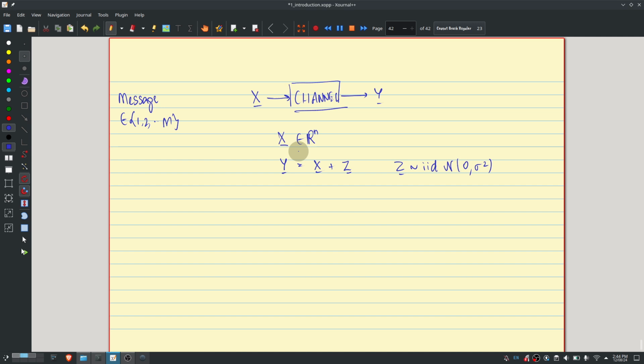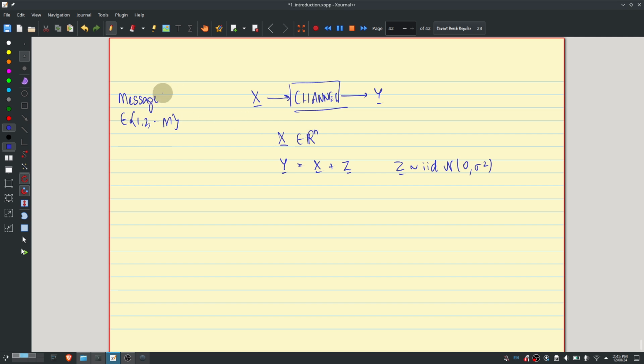And ideally, you want to design some kind of a scheme which allows you to transmit a large number of information bits by using the channel as few times as possible. So the main goal is to have m to be as large as possible for a given n, or for a given m you want n to be as small as possible. Right? Is this high level description clear?